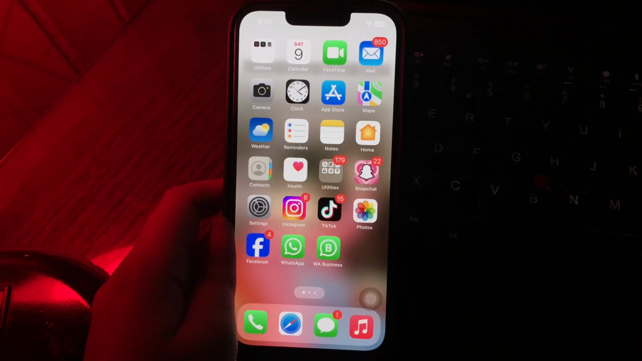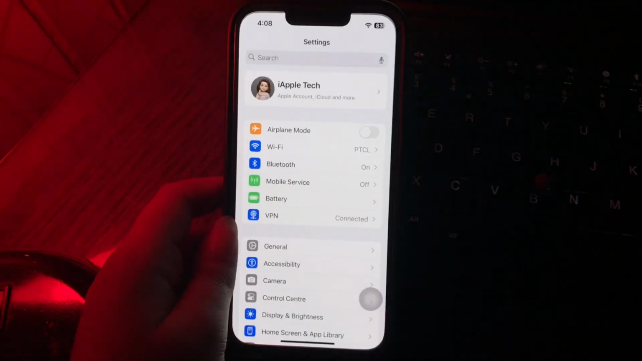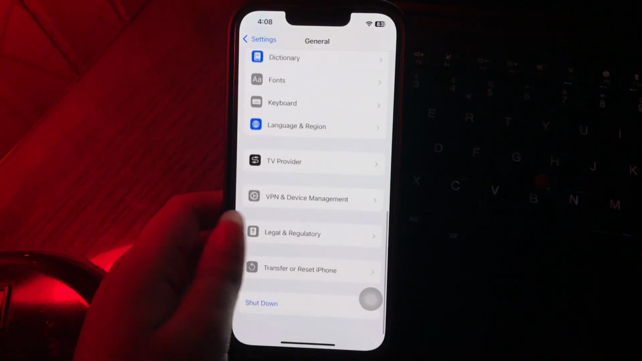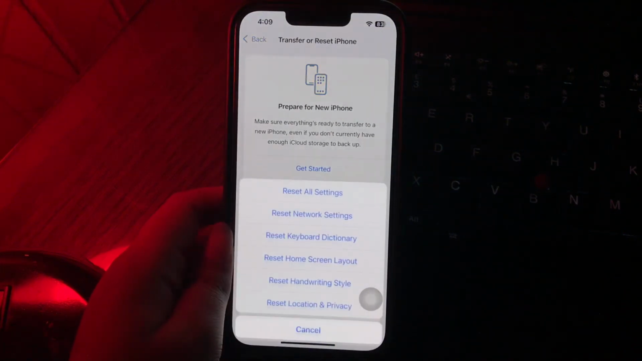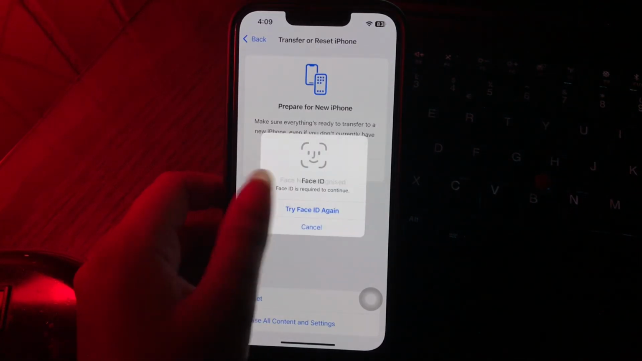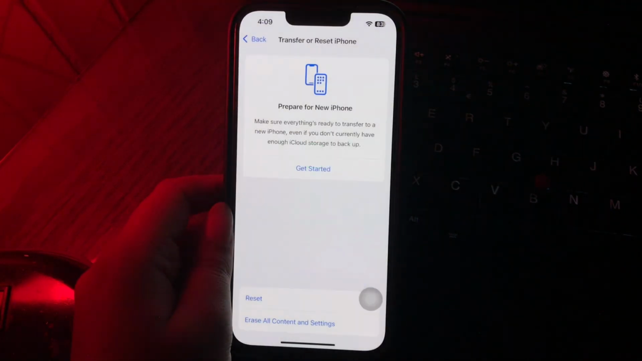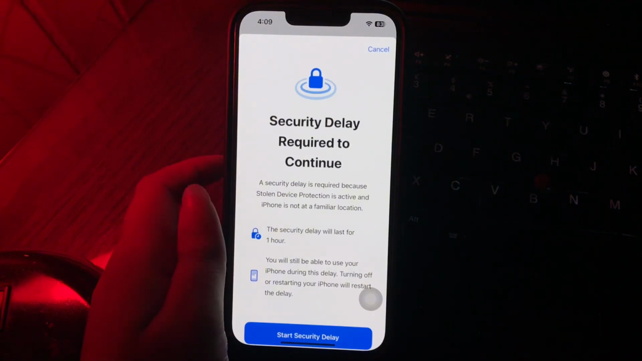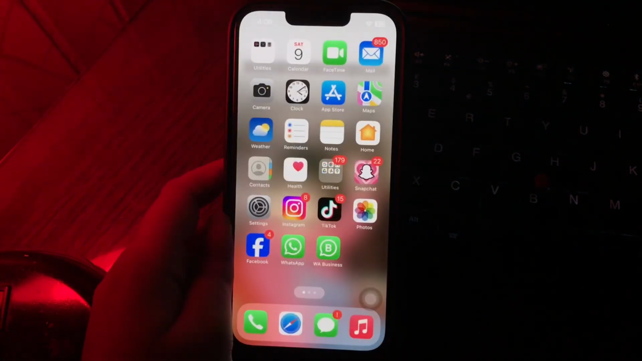And the next step is reset all settings. For this, go to settings, scroll down and go to general option, scroll down to the bottom and choose transfer or reset iPhone. Then choose reset and choose reset all settings. It will ask you to enter your passcode or you can use Face ID and then follow the on-screen instruction to reset all your settings and you are done. I hope this video will help you to fix iPhone keyboard lagging after iOS 18.1 update,